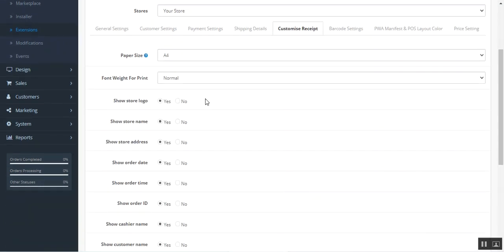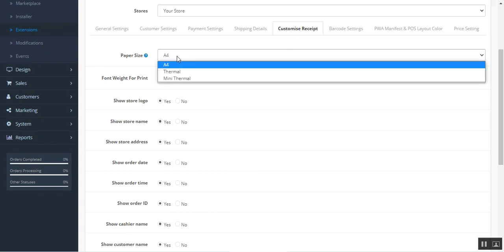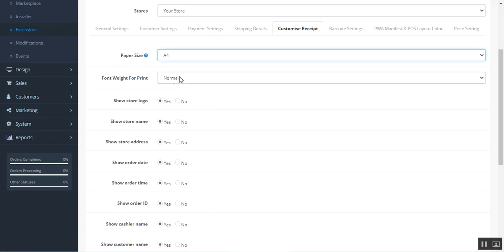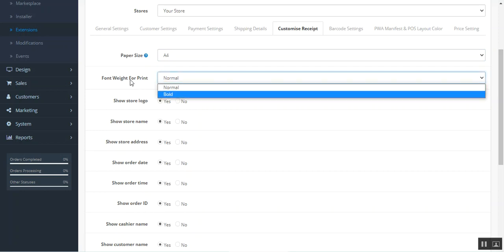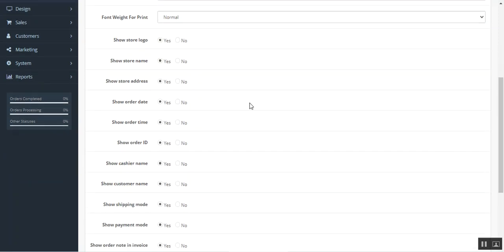Then we have the custom receipt. So you can customize the receipts as well. You can choose the paper size from the drop down here. You can choose the font weight for printing, whether it's to be normal or bold. Then you can choose to show the store logo. So you have a yes or a no option for all of these options here, like show store logo,